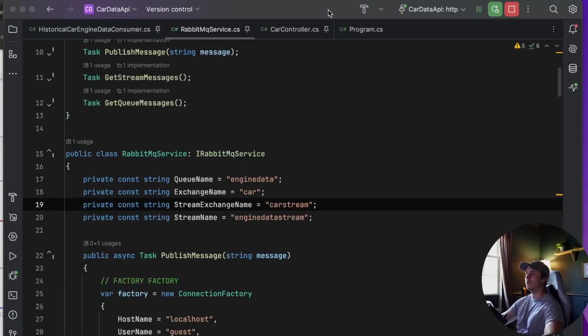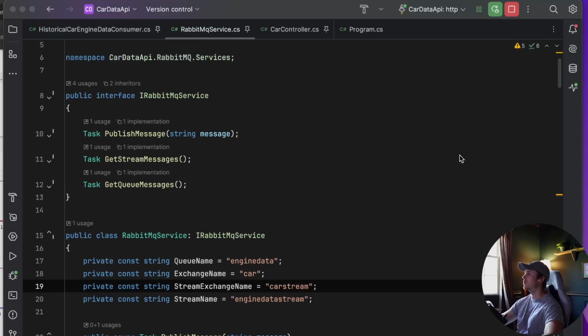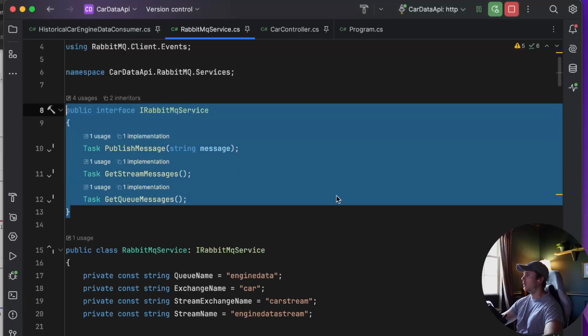I want to cover RabbitMQ, but I want to cover it from the context of RabbitMQ's native client. The reason I want to do this is mainly due to the fact that MassTransit is going commercial. So I think there's a little bit more incentive to actually put a little bit of time into learning RabbitMQ's client. So I want to show you the general interface that we're going to be walking through, and that